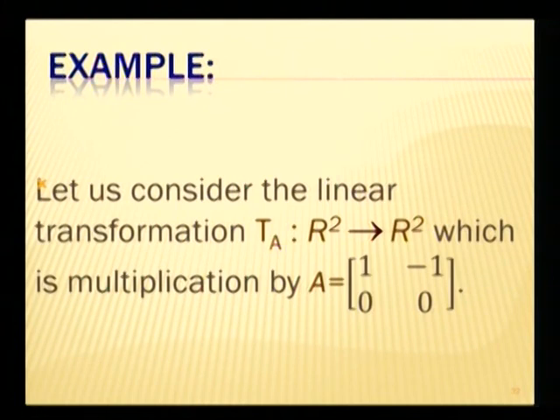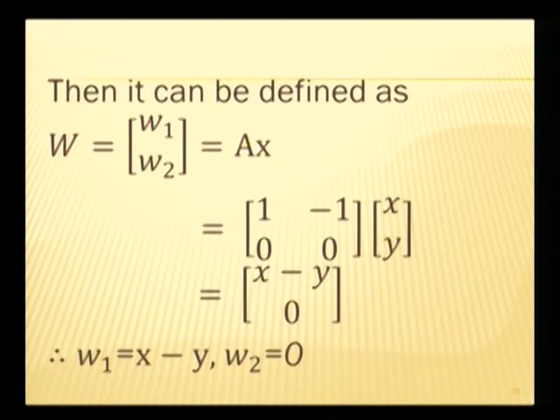Let us consider an example: the linear transformation TA from R2 to R2, which is multiplication by A, the matrix with rows 1 minus 1 and 0 0. Then it can be defined as W equals AX, which gives us W1, W2 equals X minus Y, 0. Since W1 is X minus Y, it is any point on the X axis as W2 is 0, and so we can say